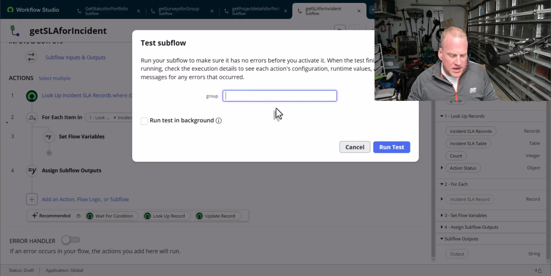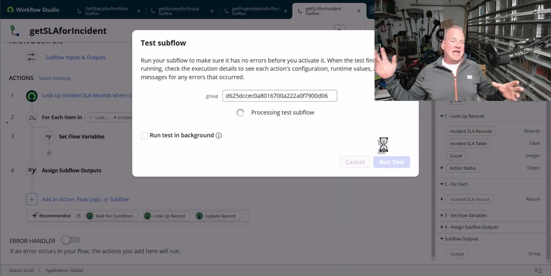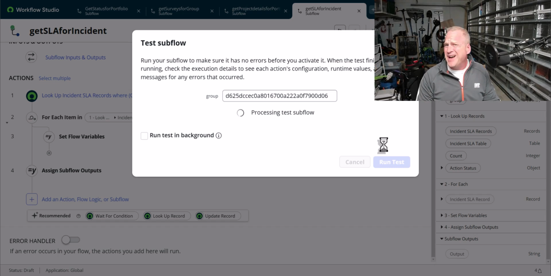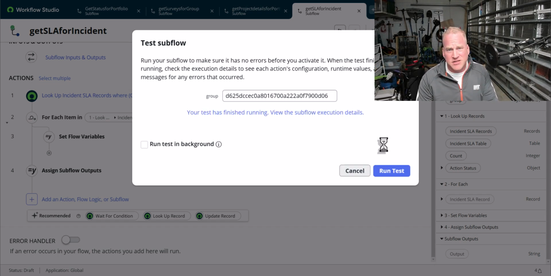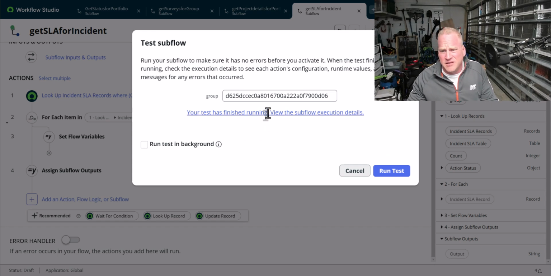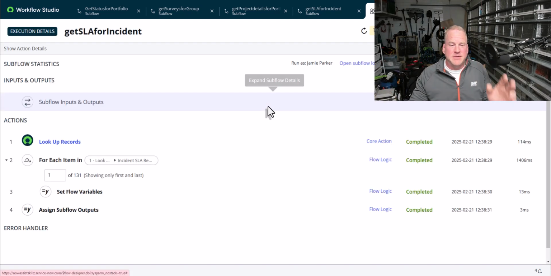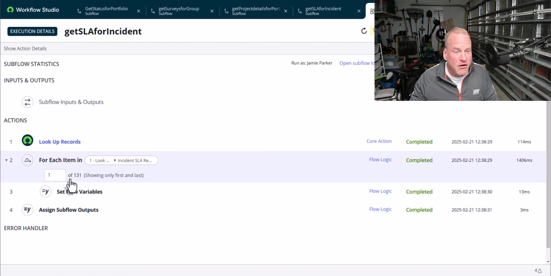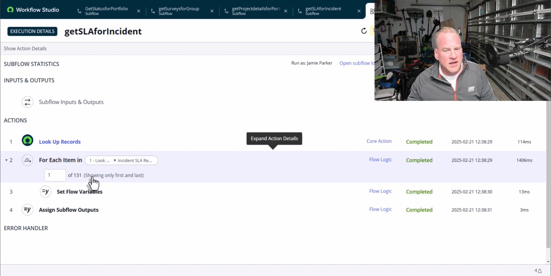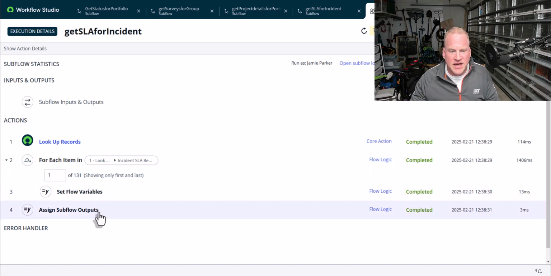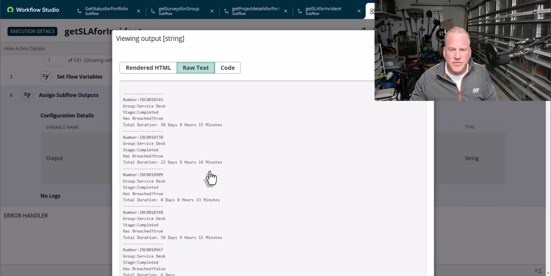So what we will expect to see is a bunch of data values coming out. What we might see is none, because there's just a bunch of test data in here. So I don't even know that the service desk has any SLAs that have triggered from the past 6 months. So we'll see what happens. It might be empty data. It looks like we've got, oh great, so we've got 131 SLA records that it identified, and it created the outputs. So here you can see, again, all this lovely, beautiful SLA information